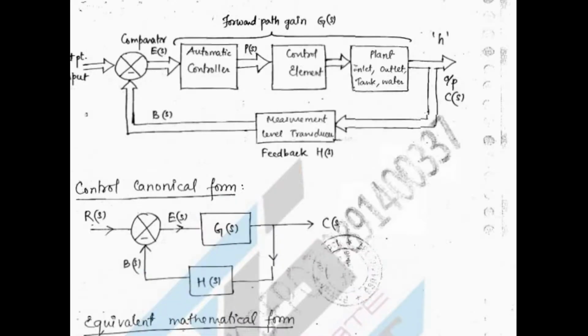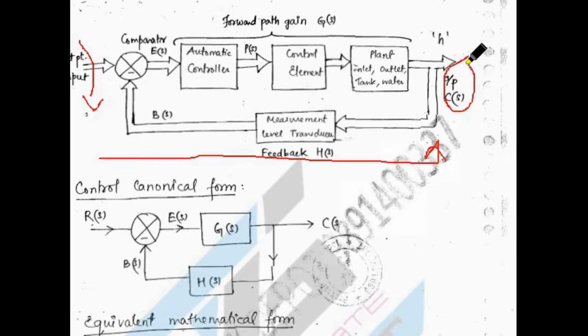As we discussed the practical example of the water tank, for that example this is the block diagram representation. This is the input for this system. This is the input valve representation, and this is the output valve representation. We are measuring the current water level with the help of a water bob, and we are comparing the set value and the measured value, and generating an error